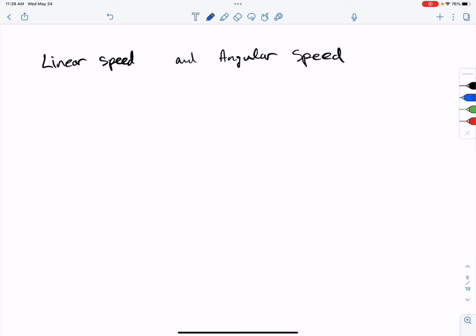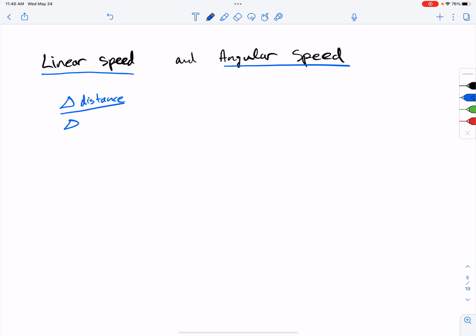In this video, I'm going to be going over linear speed and angular speed. We want to talk about how, for something that is in motion, we can measure its speed in each of these ways. Before we get into calculating these, we just need to remember what each of these types of speeds represent. If we're talking about linear speed, what that means is the change in distance